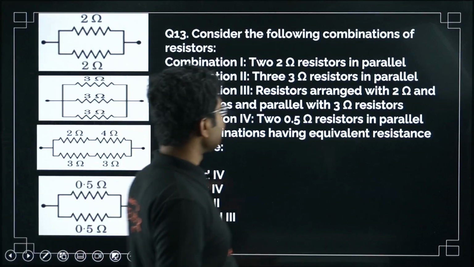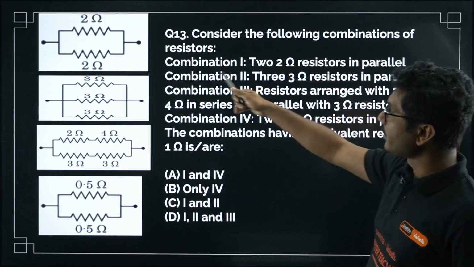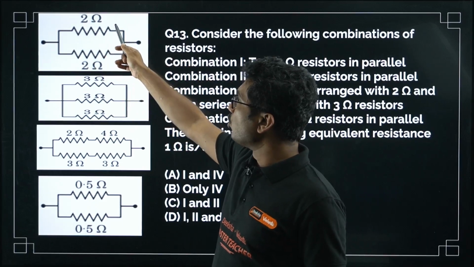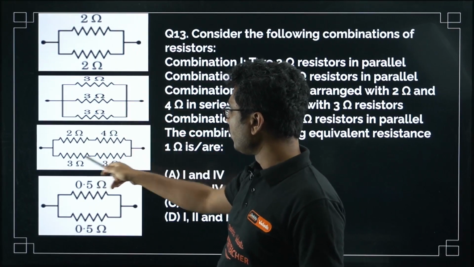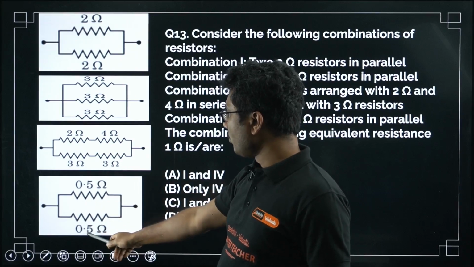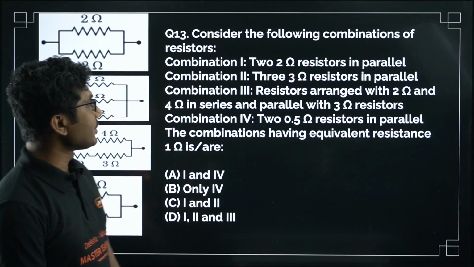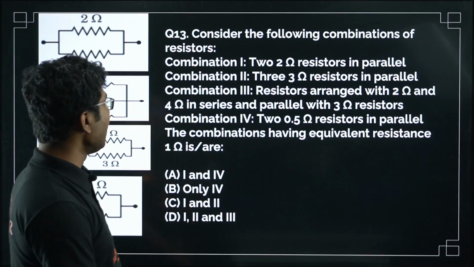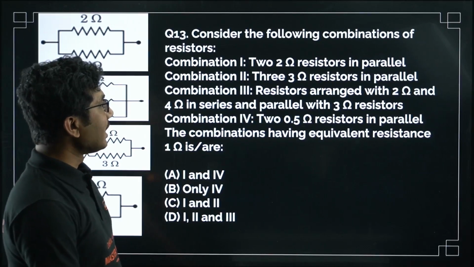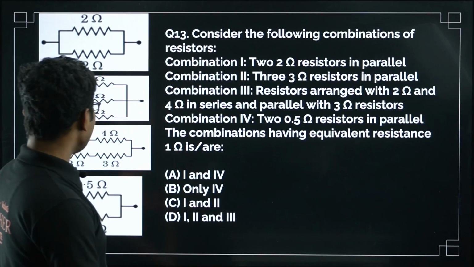Now the next question is a circuit diagram based question. Consider the following combinations of resistors. There are combinations here: 2 ohm 2 ohm; 3 ohm 3 ohm 3 ohm; 2 ohm 4 ohm 3 ohm 3 ohm; 0.5 ohm 0.5 ohm. What is the question? Combination 1, two 2 ohm resistors in parallel. Combination 2, three 3 ohm resistances in parallel. Combination 3, resistors arranged with 2 and 4 in series and in parallel with